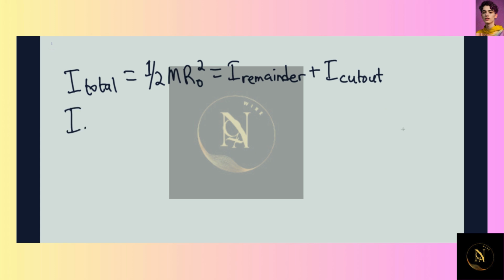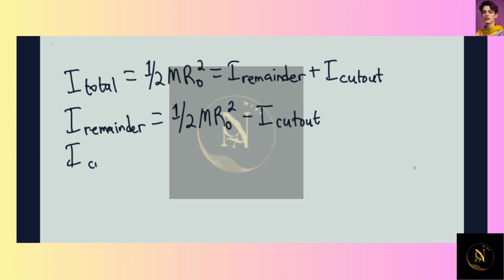Therefore, the remaining moment of inertia would be equal to 1/2 m r sub o squared minus the moment of inertia of the cutout. We can say that the moment of inertia of the cutout would be equal to 1/2 times the mass of the cutout times the radius sub 1 squared, we'll just call it sub 1, plus the mass of the cutout